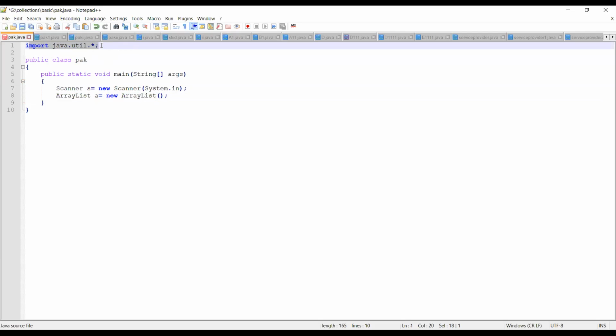How many types of import statements do you have? Two types. The first one is an explicit import statement, and the second one is an implicit import statement. Hope you have understood with examples what is explicit and implicit. Now the question is, as a programmer, which type of import statement is recommended? The type recommended for programmers to use is the explicit import statement. Now you may be wondering, why only explicit, why not implicit?